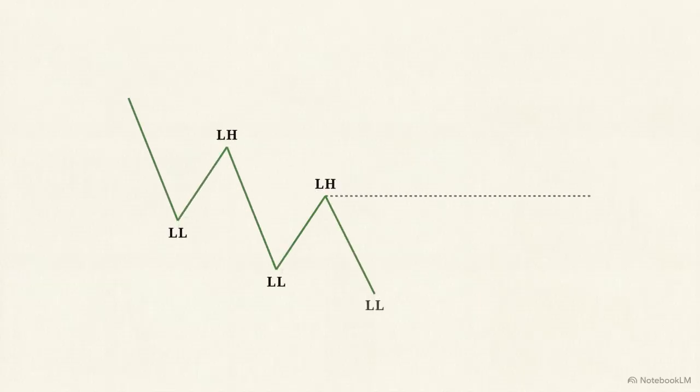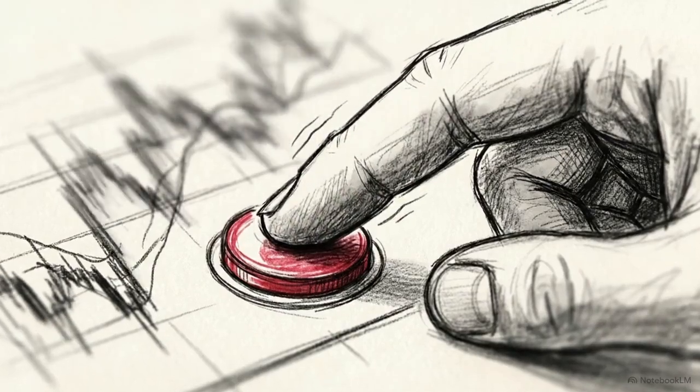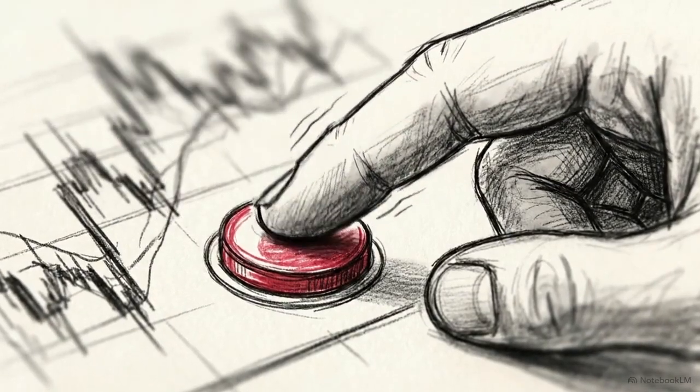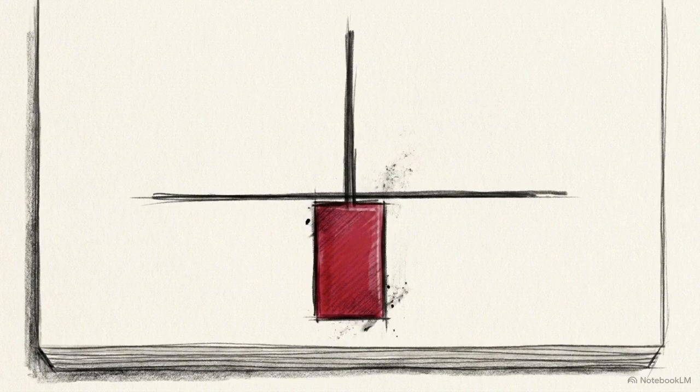Watch this chart. In a downtrend, price suddenly spikes upward, slicing through the last lower high. This break is a change of character, CHoCH. Treat it as a warning. It signals shifting order flow, never an immediate entry trigger. Entering a trade the moment a change of character fires is a high-risk move. Without the confirmation steps that follow, price can easily reverse, trapping traders in a false breakout before the trend has